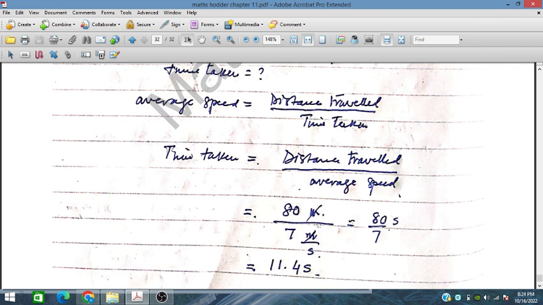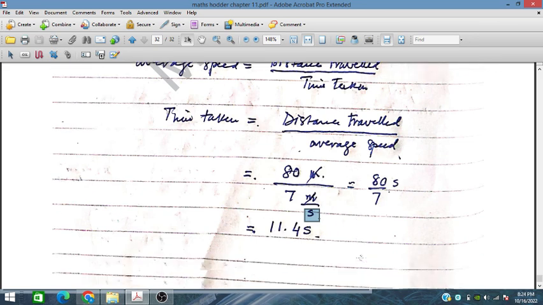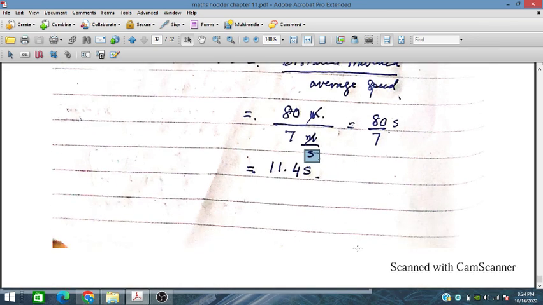The meters will cancel out, and seconds will appear on the upper side here. So this is 114.3 seconds. So that's all for chapter 11, and inshallah we'll